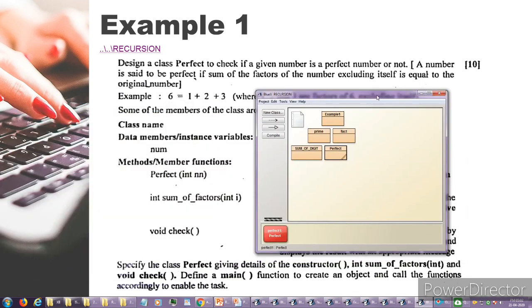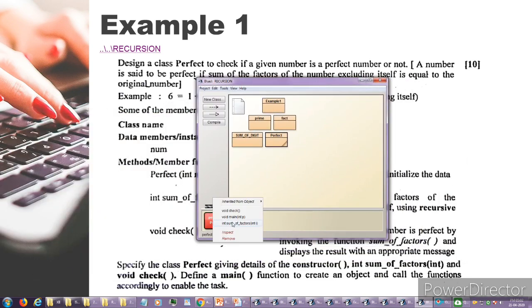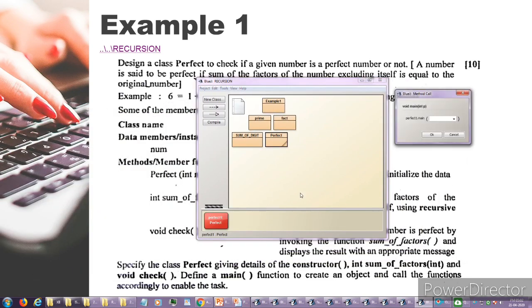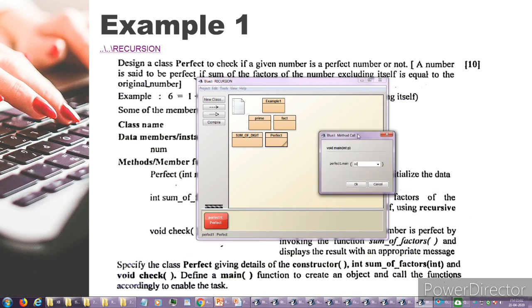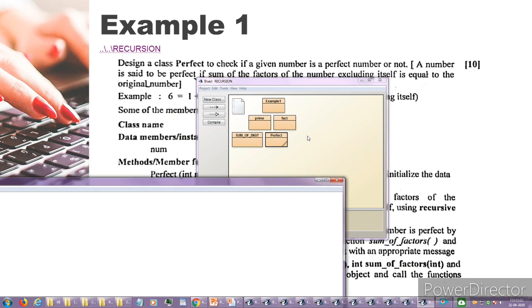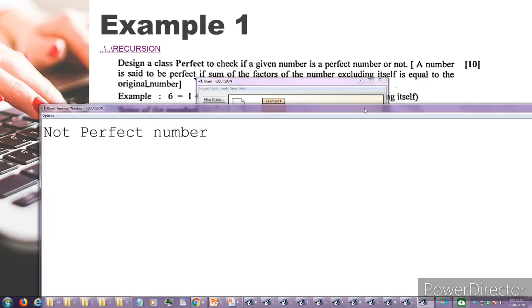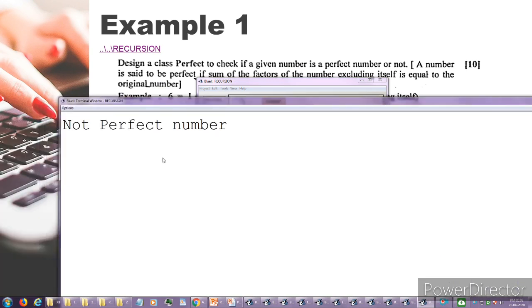If I send another value from the main function, like 10, see the input of this parameterized box is 10 here, and now if I compile it, we'll get not a perfect number.